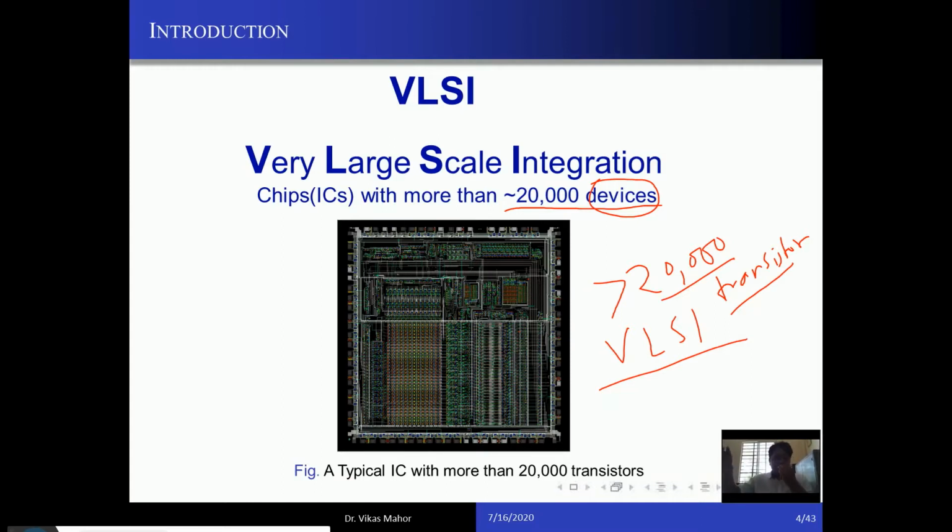Since you are using processors in your mobile, laptop, and desktop, you know your processor can do n number of things. How can it do that? Because it has n number of circuits on that processor. How did that many circuits come onto a single processor of this much size? How has it happened?